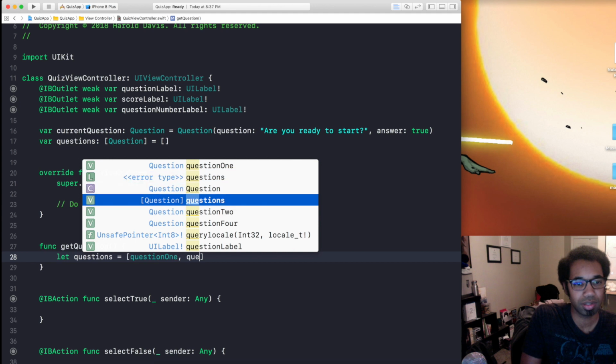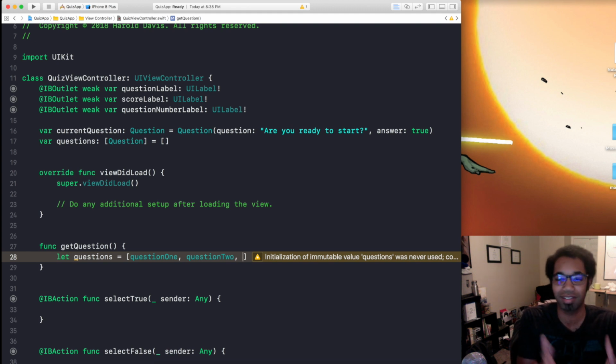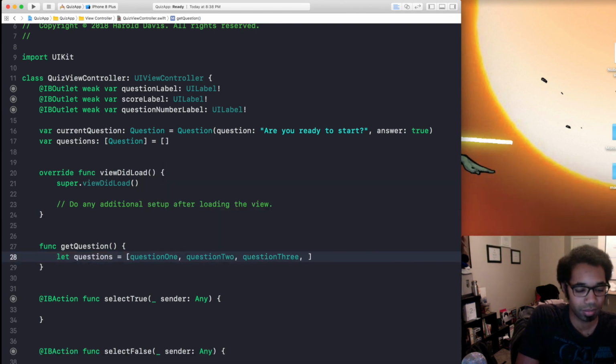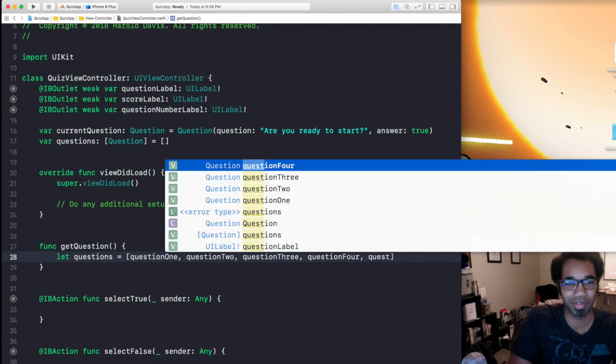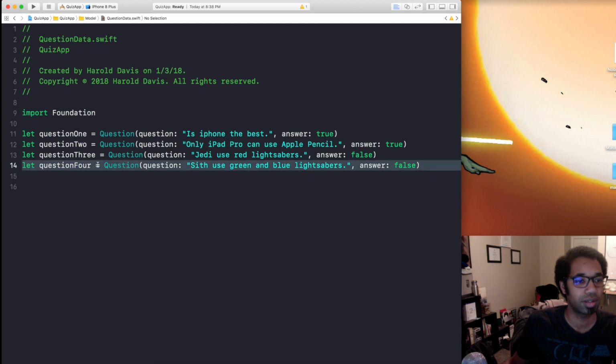question 2. And we're basically just pretending that these questions are on some server somewhere, and you're using a method to populate our array up at the top. There's probably a much better example I could have provided for you, but we will roll with this for now. I'll probably have some much better examples for you in the future. I'm going to copy and paste this